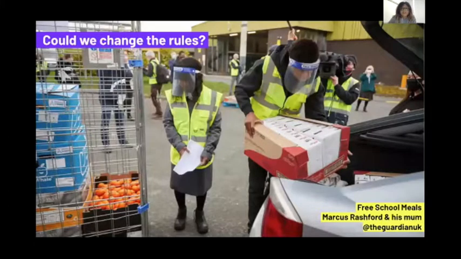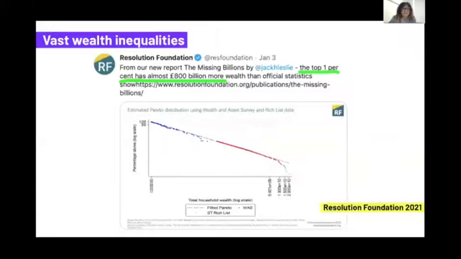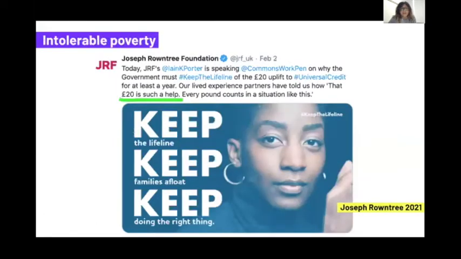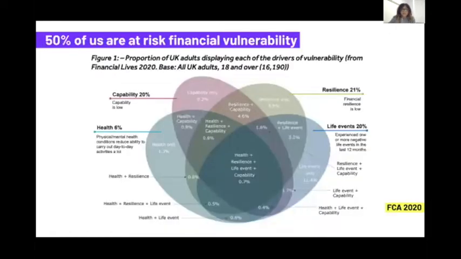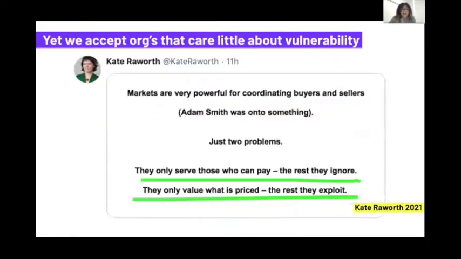We don't have to scroll very far to see evidence of cruelty in the UK. Here, the top 1% owns 25% of household wealth. £20 a week is what 500,000 people call a lifeline, while another 500,000 think of the same amount and recall their favourite brunch line. 50% of us are at real risk of financial vulnerability, and yet